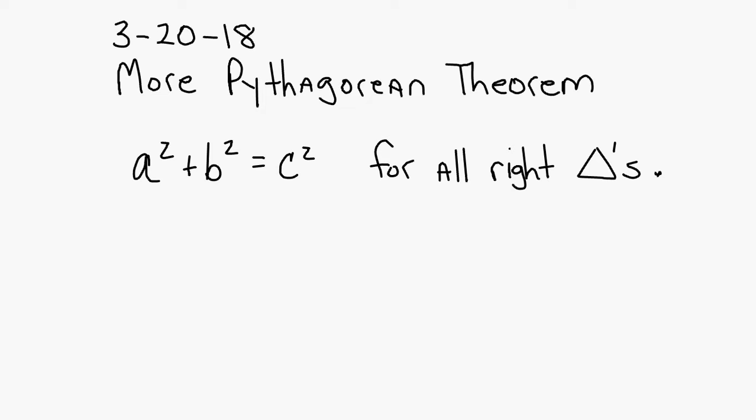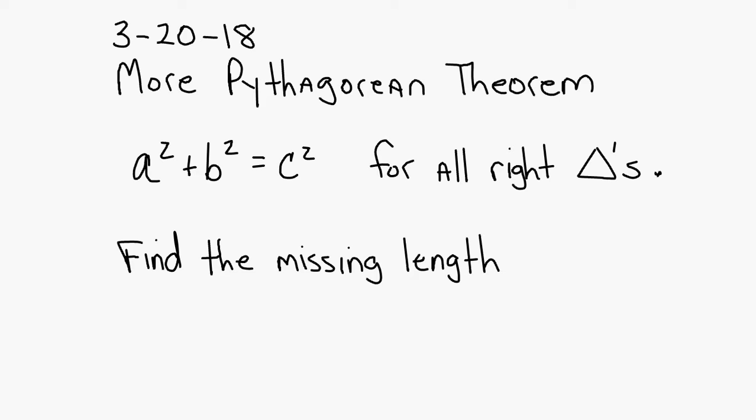A squared plus B squared equals C squared for all right triangles. So if you are asked to find the missing length, and you're given two of the lengths,